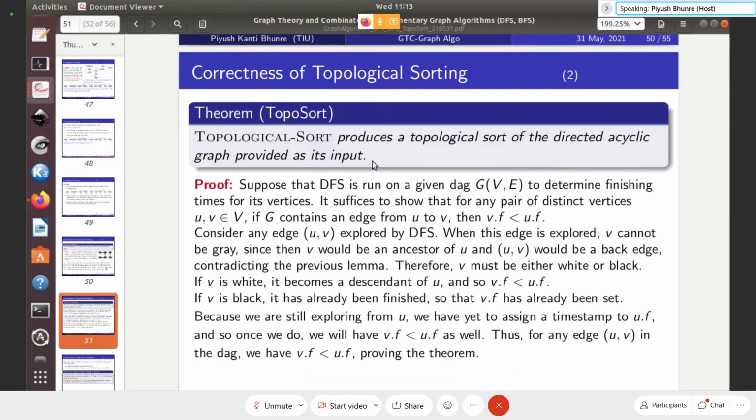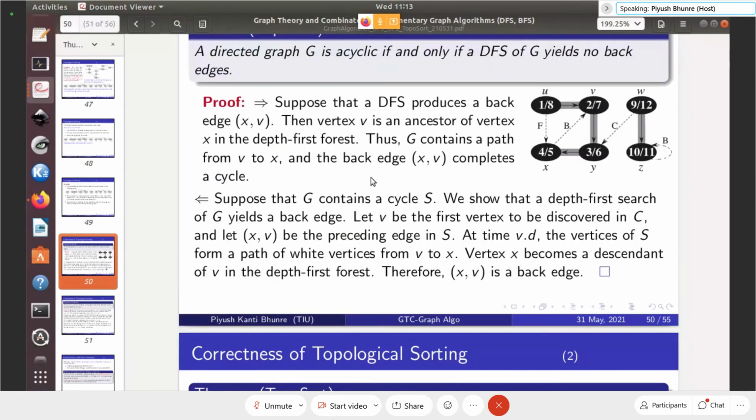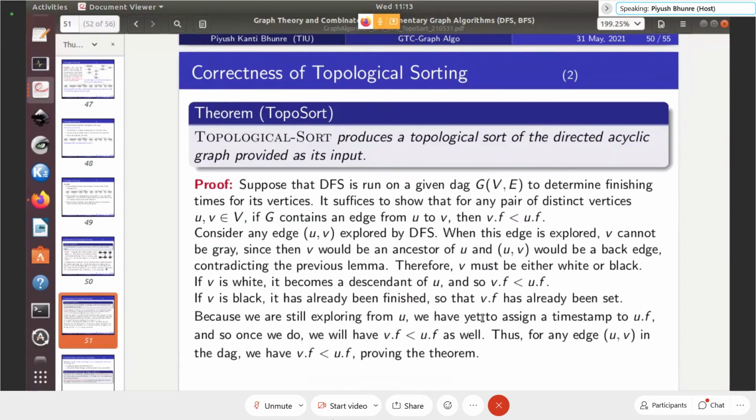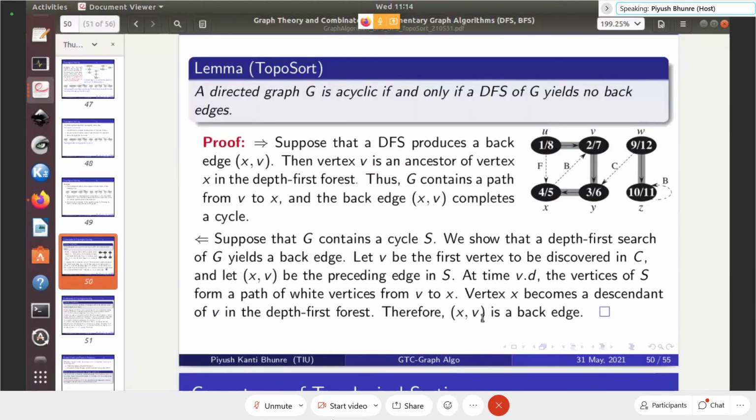If you give an acyclic directed graph, then this algorithm will give the topological ordering of the vertices. Here we use this lemma, and some properties of the start time and the finish time. Using that finish time, we can argue that there is no edge from